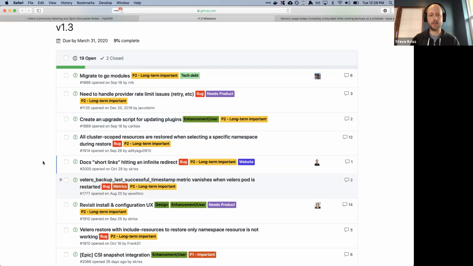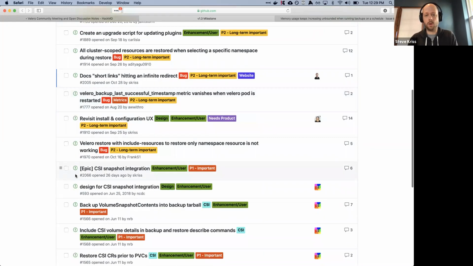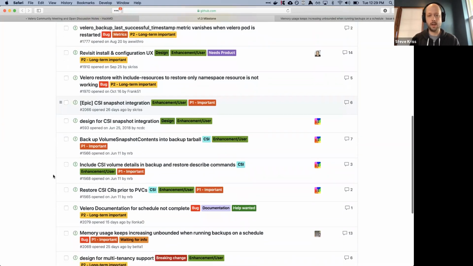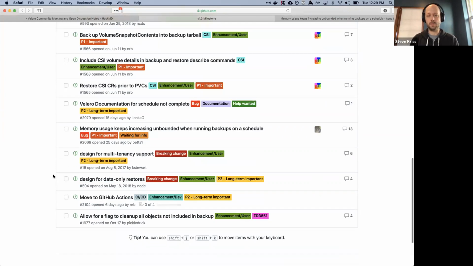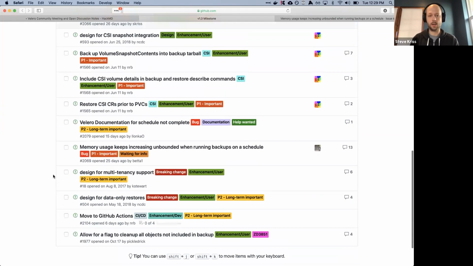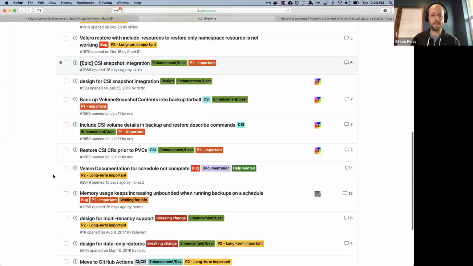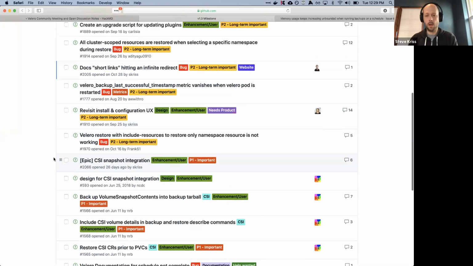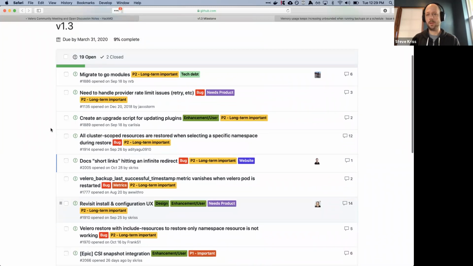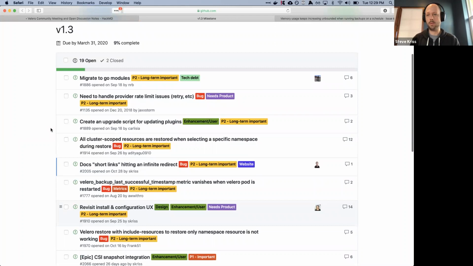First of all, CSI snapshot integration, so continuing to advance that. And second, working on that install and config UX. Those will be the top priority items. Beyond that, we have a collection of smaller features, a little bit of design work on those, and a collection of bugs as well. We're still open to contributions from other folks. If there are other items in the backlog that we haven't moved into 1.3 but that you're interested in working on, don't consider the scope to be a blocker.